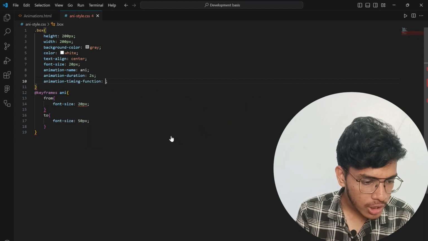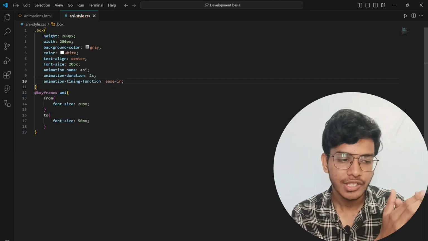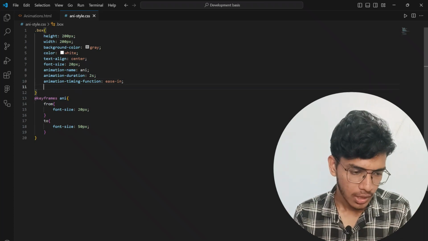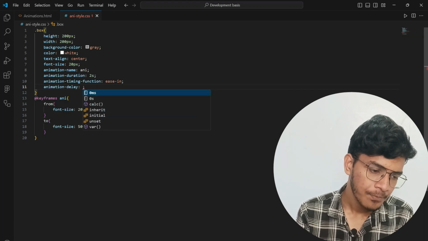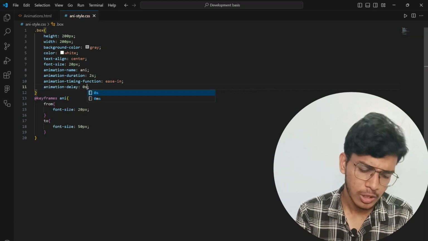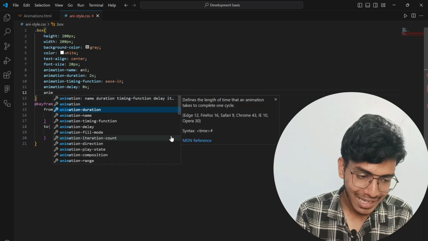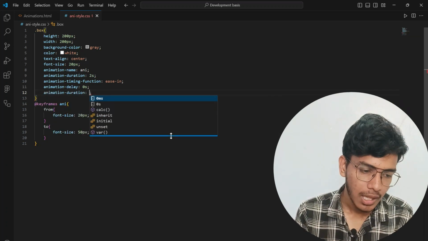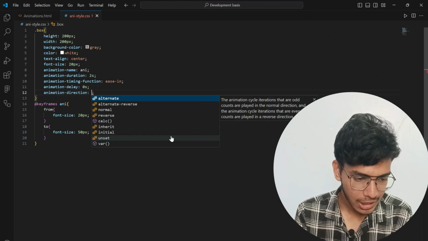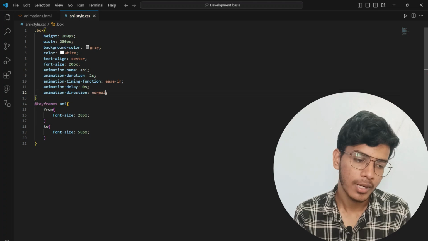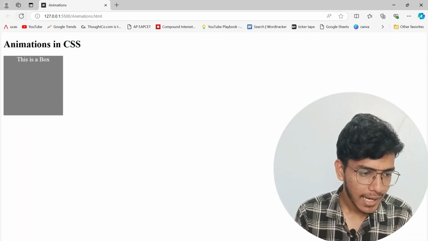After animation timing function is ease-in, right? Easily this animation should happen. Okay, now after that, animation delay, 0 seconds. I don't want any delay in my animation. Now animation direction, I want this animation direction to be normal, whatever the animation is happening, normal. Now let me save